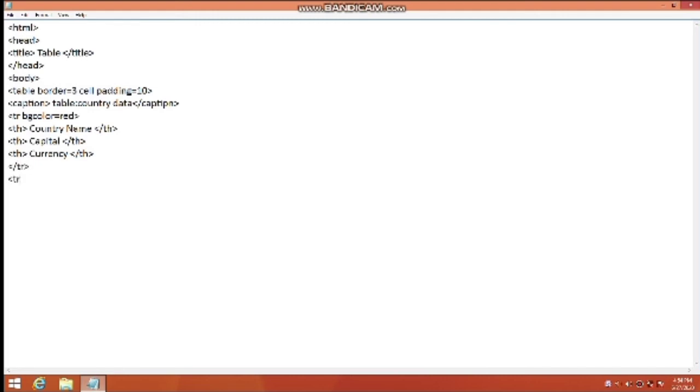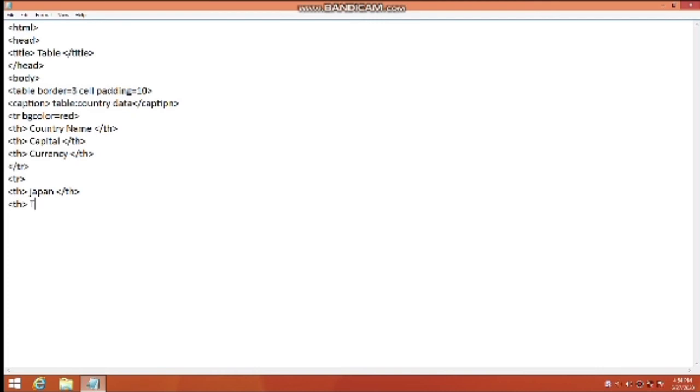Now I am going to give the next row. So to give the next row, we again open the tr tag, then th, country name. Let's give the country name Japan. Then we close the th tag. Then capital. So the capital of Japan is Tokyo.